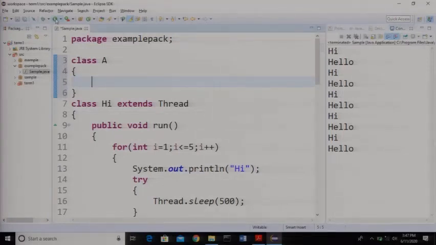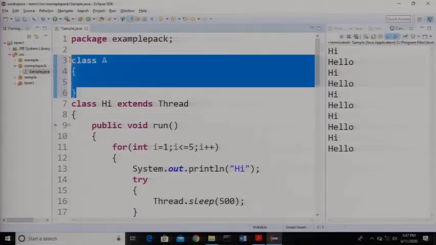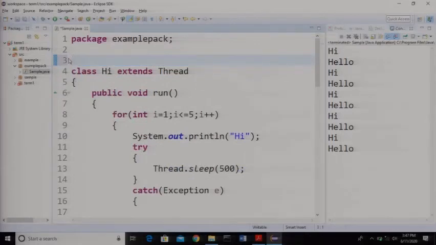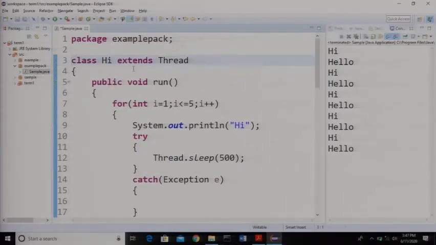So let me remove this class A. I do not require this. I just explained why we use the runnable interface. So instead of this extends thread, we have to write it as class hi implements runnable interface.